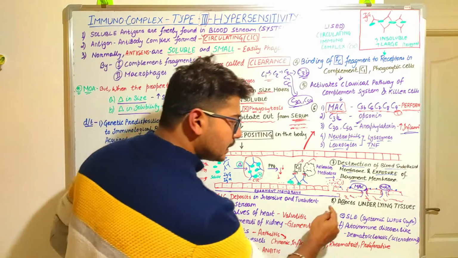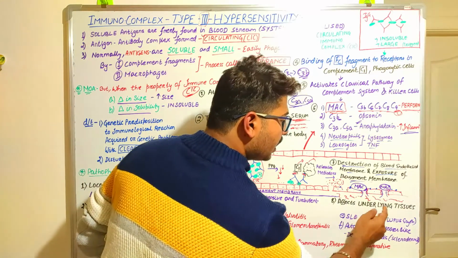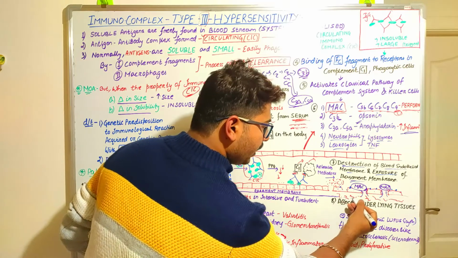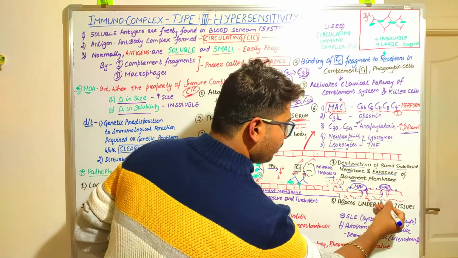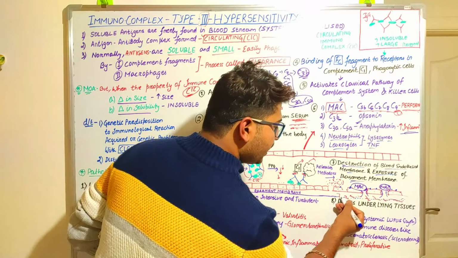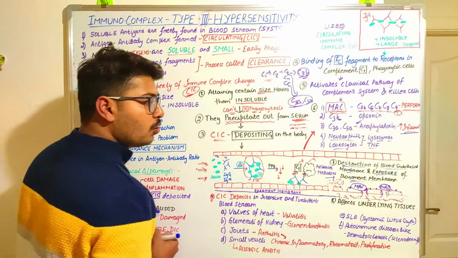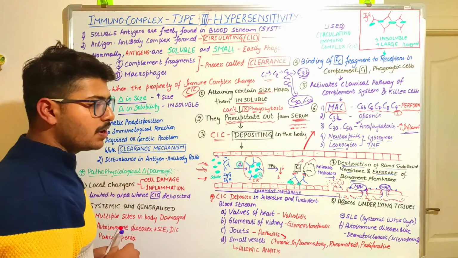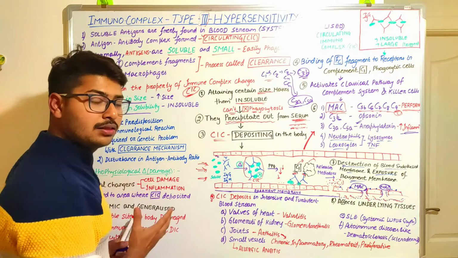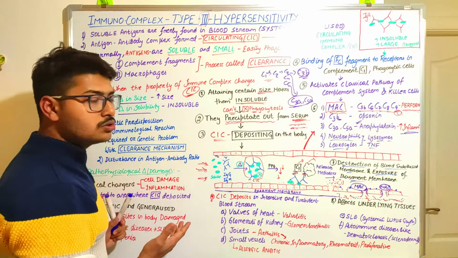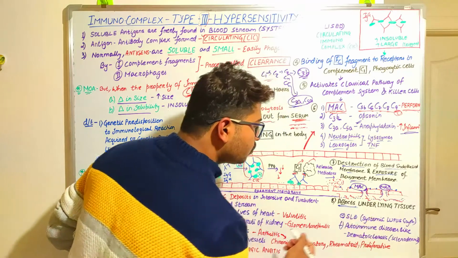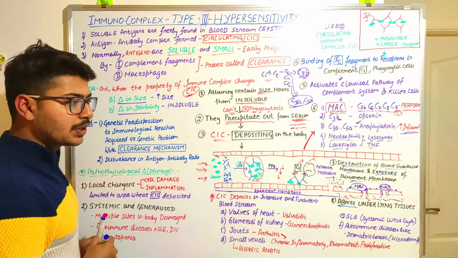The next process is that it will affect the underlying tissues. It means when the basement membrane is exposed, it will certainly come in contact with the mediators, and as the mediators are highly toxic, they are going to destroy this basement membrane also. Beneath this basement membrane are the cells of the tissues of the organs. So the next process is that it is going to affect the underlying tissues.